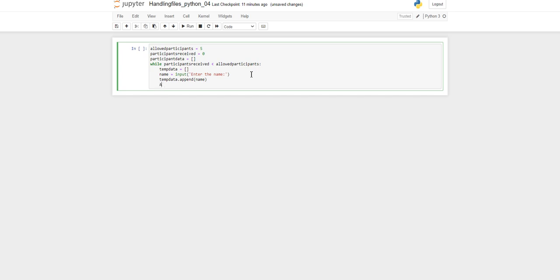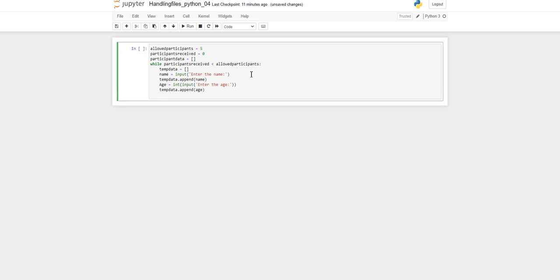then age equals input of age, then city equal to input of "Enter the city", append of city.